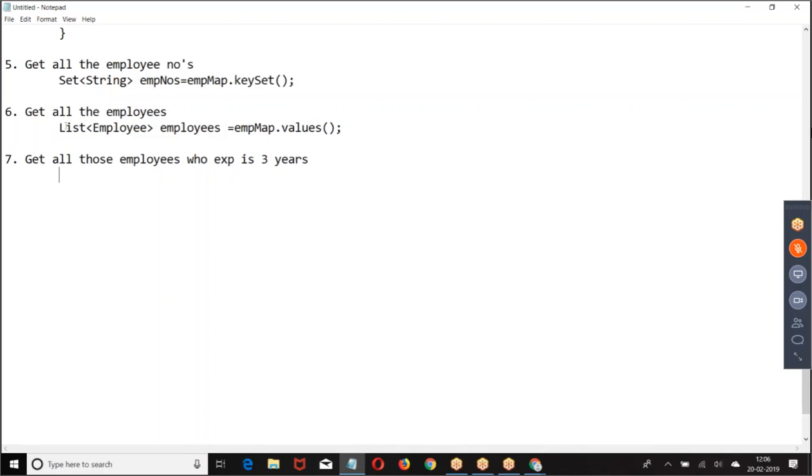Now see, this is a separate requirement. If you have a map, using the map, how do you get it is the question.